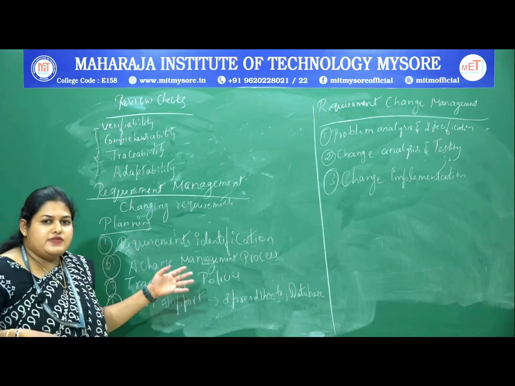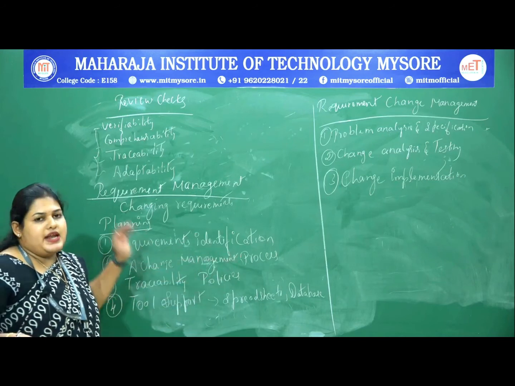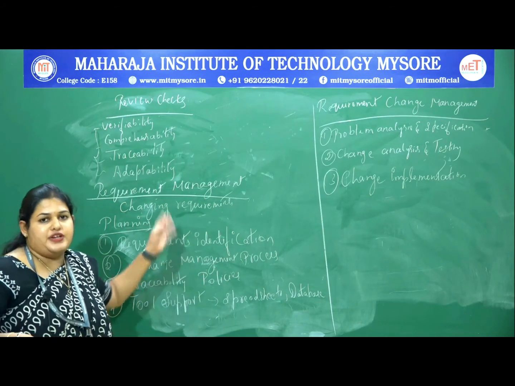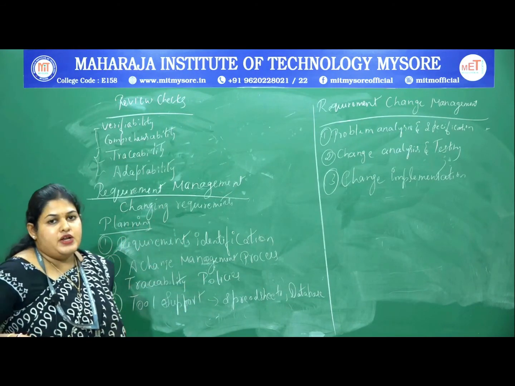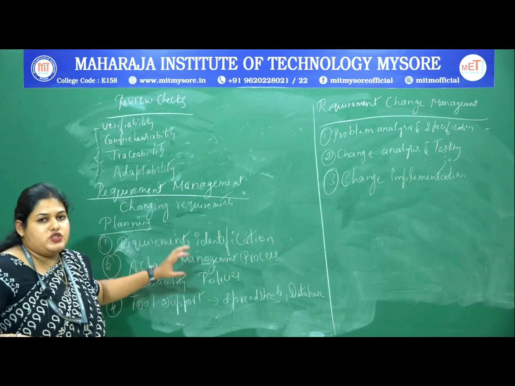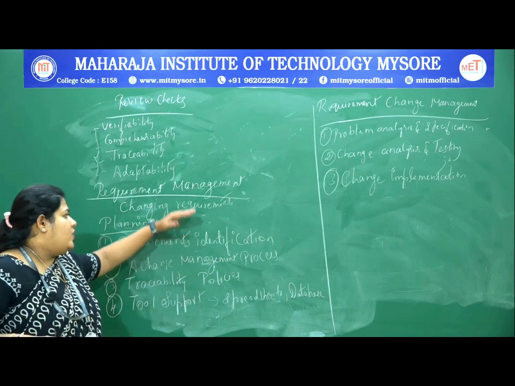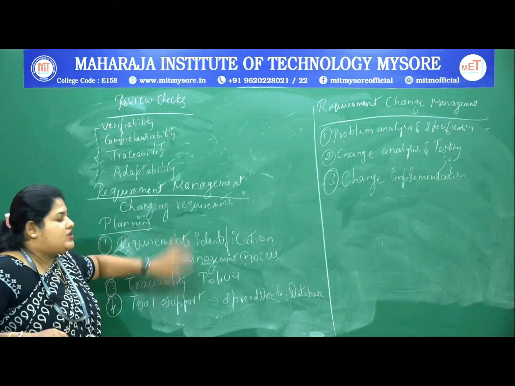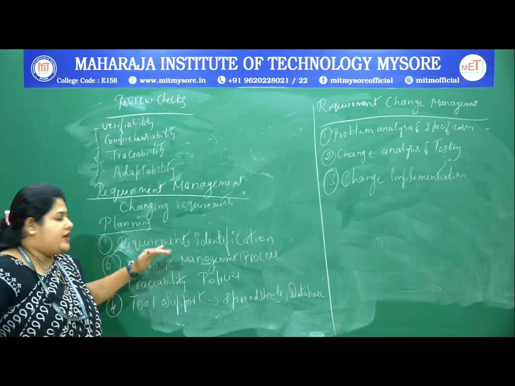In the waterfall model, if some changes are to be done, what happens? Again, from the scratch, the requirement analysis should be done, is it not? Again the documentation should be changed. So requirement management should give the assurance that if a changing requirement is required, we can accept it. For that sake, this management will be working on the basis of changing requirements itself.